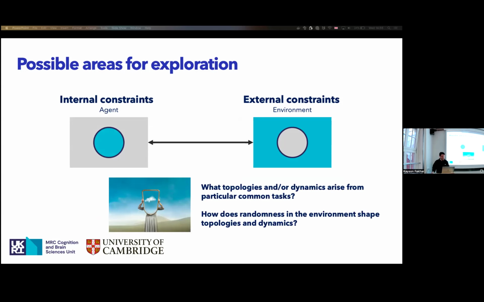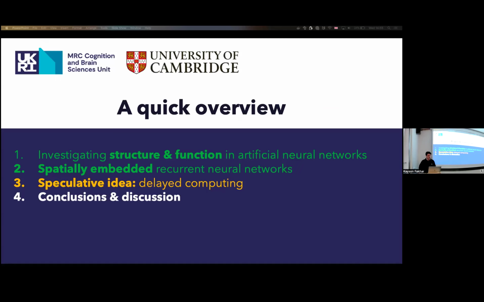Kind of what are the kind of topologies that could arise from common tasks and dynamics alongside that, and how may randomness actually be useful? Okay, so that was the longest part of the talk, probably another 5-10 minutes or something like this, which is a bit more of a speculative idea that I think maybe might be of interest, which is on